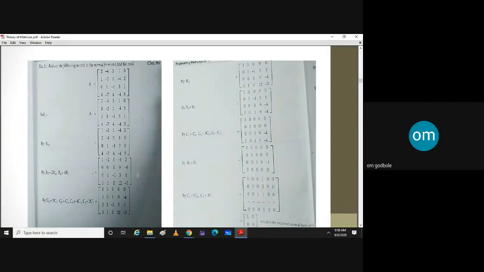Sir, also we can do R2 plus R3 minus R4. Oh, that will be a tedious job. Don't bring such a complicated operation into the picture, because you can easily see that minus 2 plus 2 times C1 will give you 0, and adding rows will again change the 0 which we have obtained in the previous step. If we do R2 plus R3 minus R4, we get an entire row to be 0. On which row are you talking about? R2 plus R3 minus R4. Okay, yeah, that one can do.